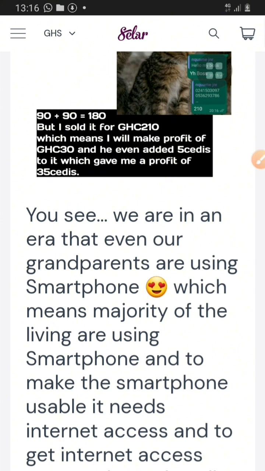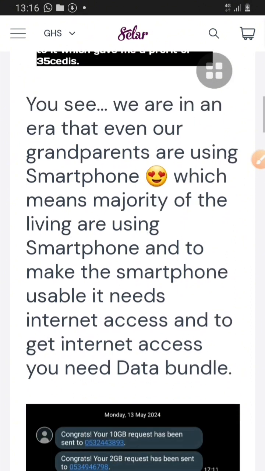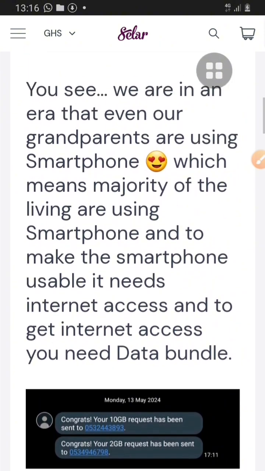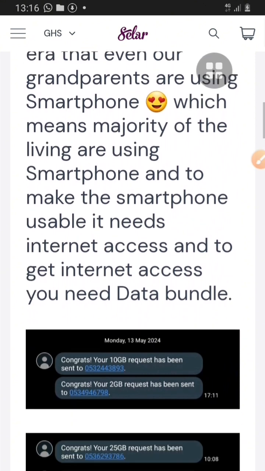Which means you have a data bundle on your phone right now. You are watching this video, which means if you become a data selling agent, or a data bundle vendor, you can make quite an amount of money for yourself. And it doesn't require any knowledge before you can start this data bundle business. It's just simple. You just need to sign up on the platform, register as an agent or vendor, then you can purchase the data bundle from there at lower prices and sell to your friends or your customers at your preferred